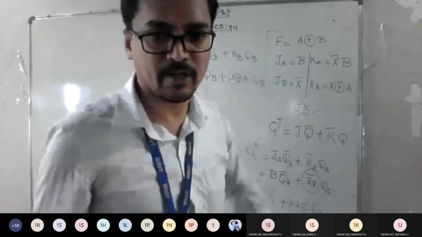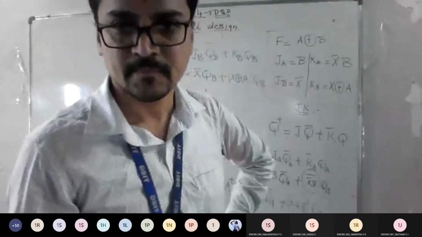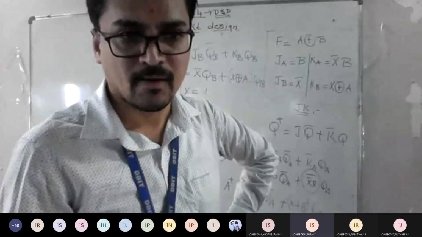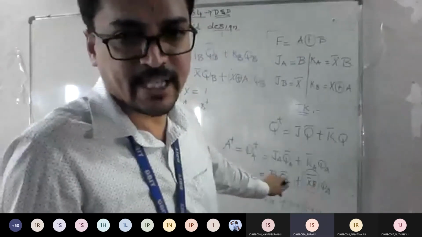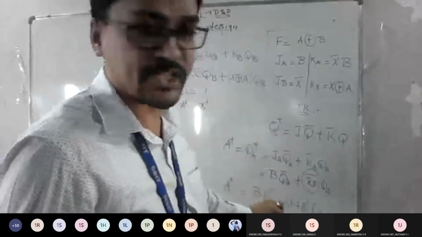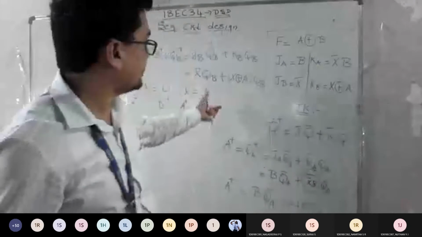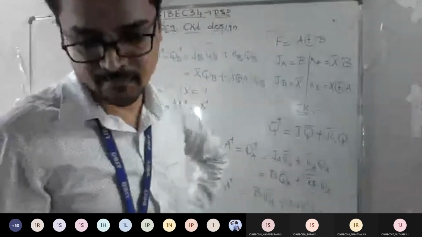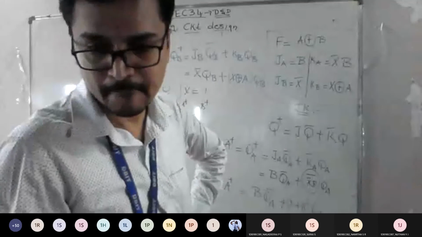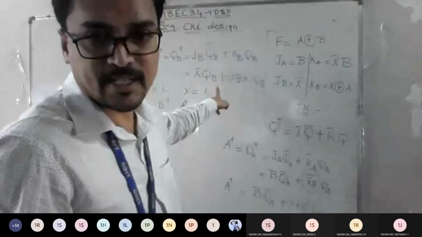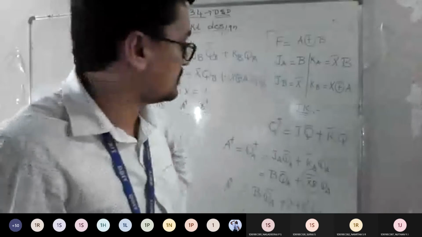I think the B section people have already done it. What about the C section? Understood or not? Yes, sir. If you know the equation, getting the equation itself is a task. We have finished half of the work. From that equation, you just mention the final equation, dump the values and get the answer. Whatever equation I wrote, it is A plus and B plus, so just dump the values and get the answer.